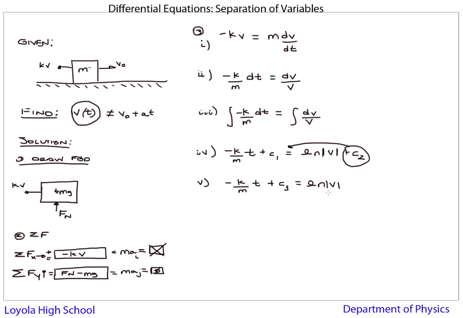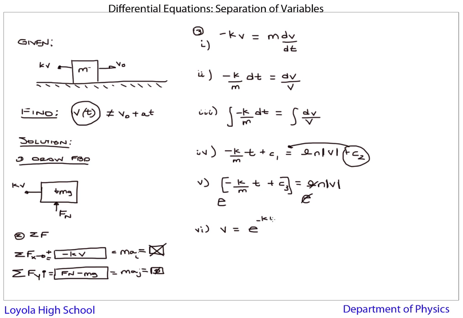So now we have ln of v. Well, how do we get v out of an ln? Well, we raise each side to the e power. Raise this whole thing to the e power. Raise this whole thing to the e power. And the ln and e will get rid of themselves. And so the next step I'm going to have, step 6, is v is equal to e to the minus